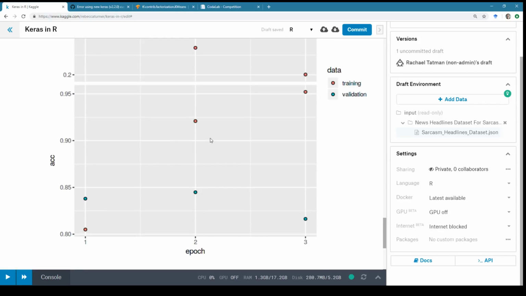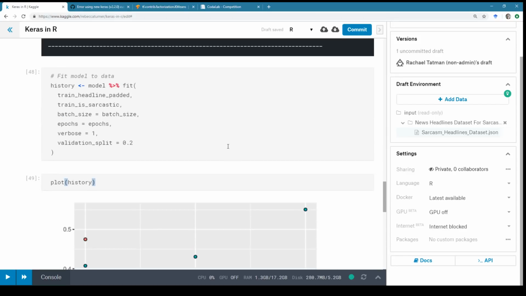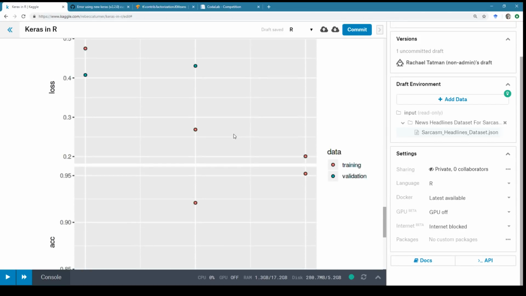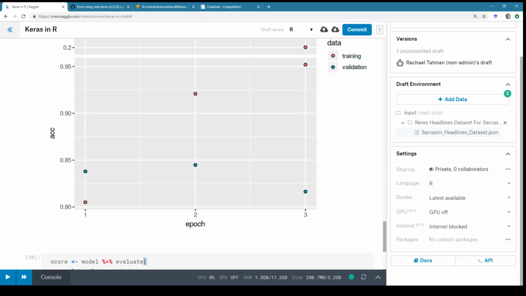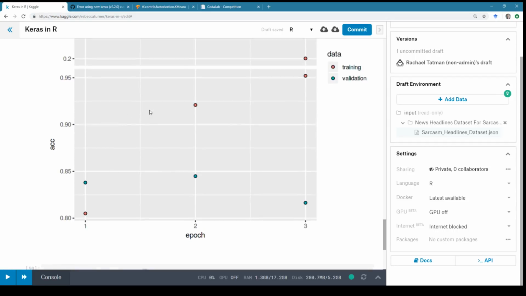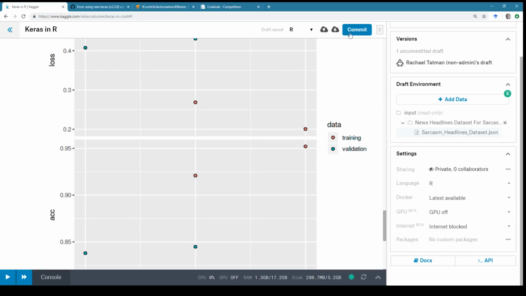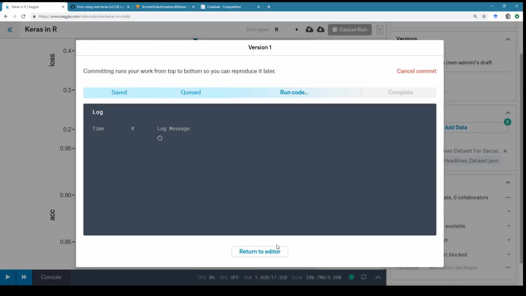So we have overfit in one epoch. Something is very wrong. But that is future Rachel's problem, because current Rachel has an appointment to go to. Oh my god, what a mess. It ran. That's all. I'm happy with that. I'm going to commit this and make it public so that, you know, everybody can see my shame.